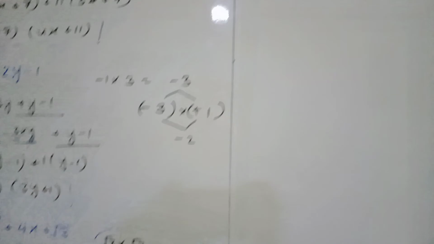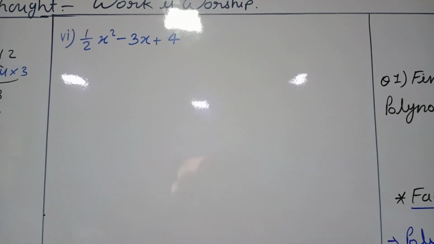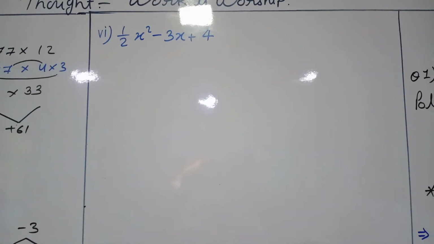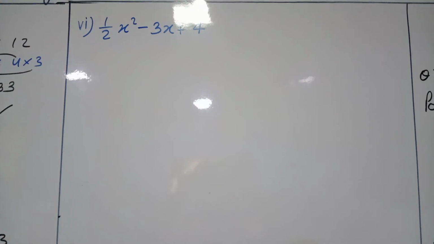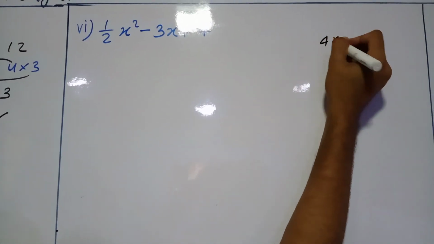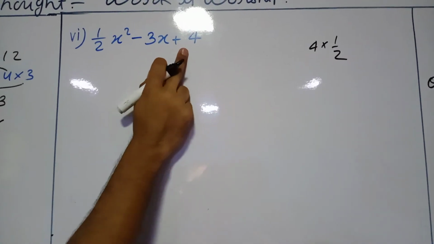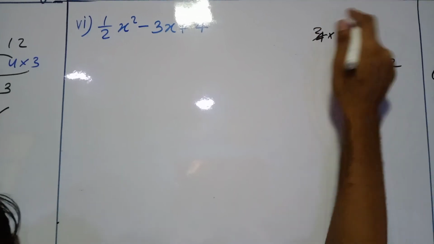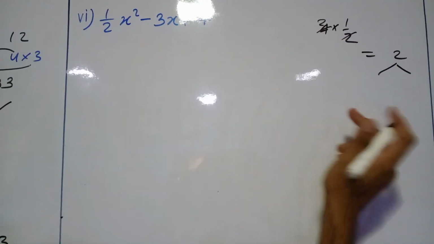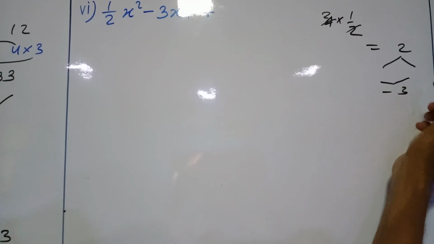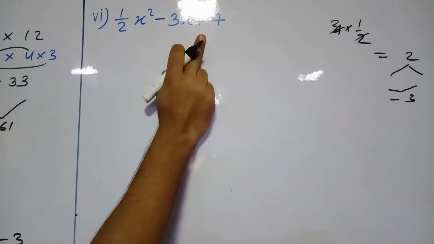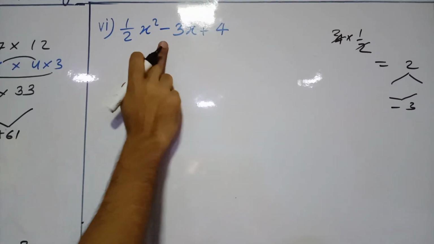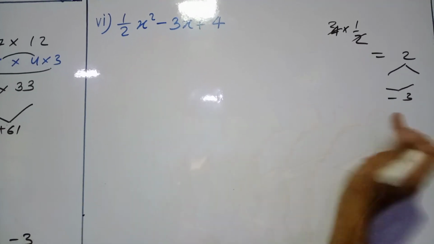Now move to the next sum, the sixth one. This is also the same, but you can see that here we have fractions. Nothing to worry about, we just follow the rules we learned. So 4 into 1 upon 2, 2 ones are 2, 2 twos are 4, so we have to factorize: 2 ones are 2, and in that sense we get minus 3. How will we get it? The last term, the C part, is plus, that means both should be plus or both should be minus, and here we have the minus B term, so both are minus.